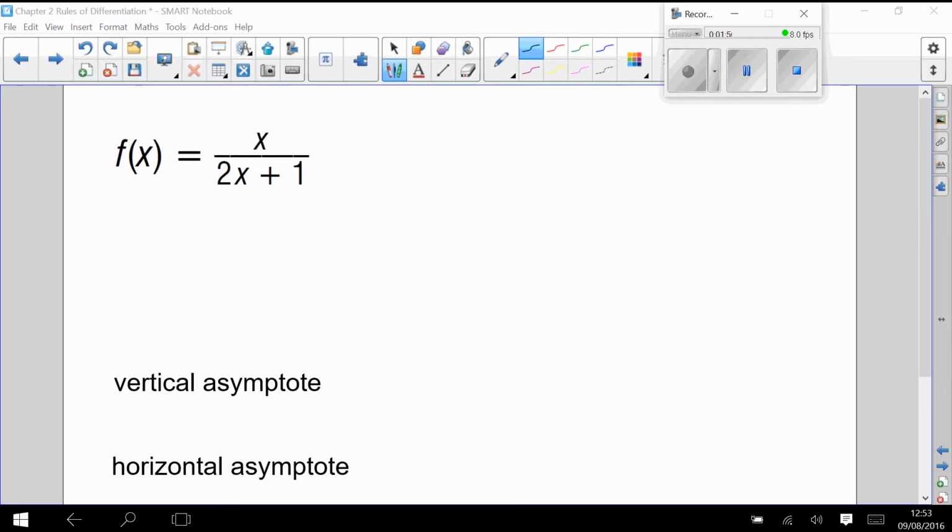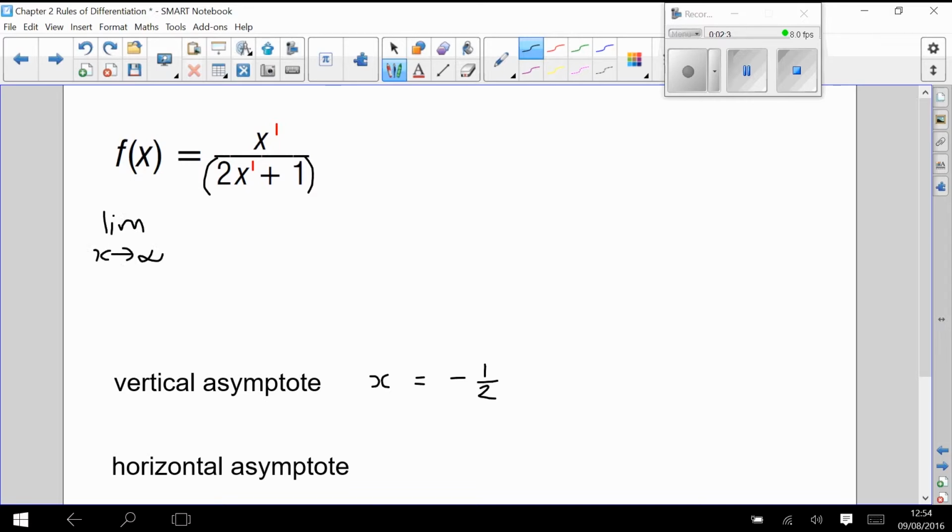Once again over here, you can see that you are going to have a vertical asymptote because I cannot have a 0 in my denominator. And here, if I had 2x plus 1 is equal to 0, it means that my vertical asymptote must be when x is going to be equal to minus a half. But can you see that the degree of x in the denominator is the same as the degree of x in my numerator? That means that I should be able to find the limit as x tends towards infinity for